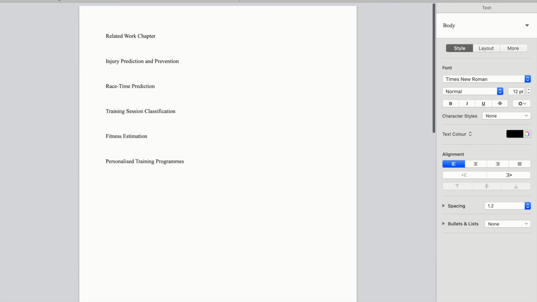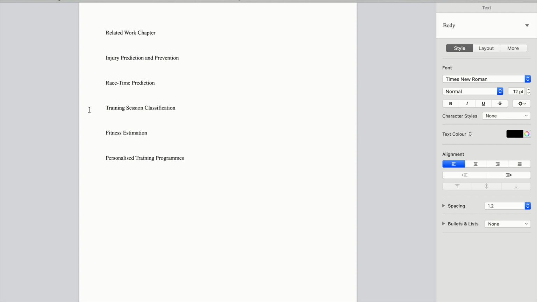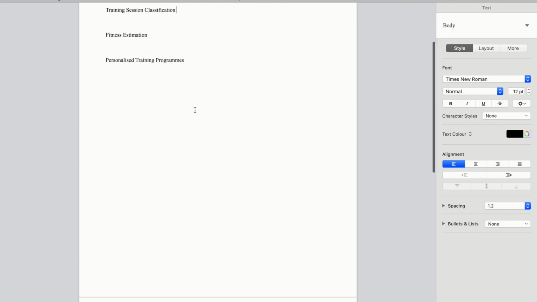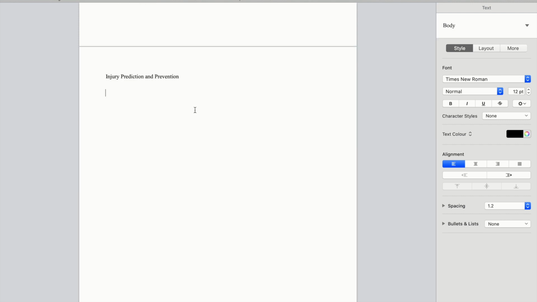So you can see the first step here is to pick one of your subtopics or one of your general main topics. So I've picked injury prediction and prevention as my main topic to work on today. And the next thing that I want to do is think about some subtopics or questions for this that I might have. So the different questions that I have for this topic is,